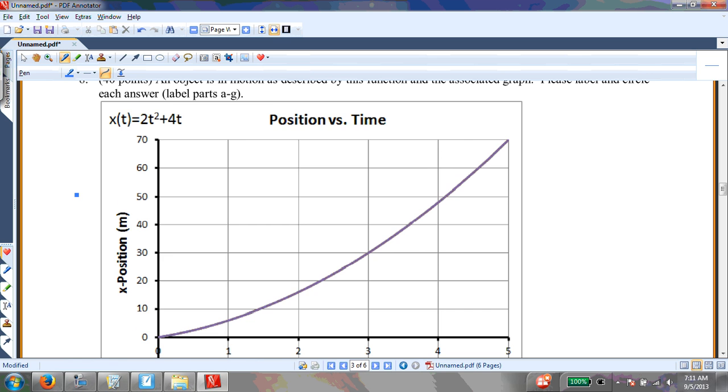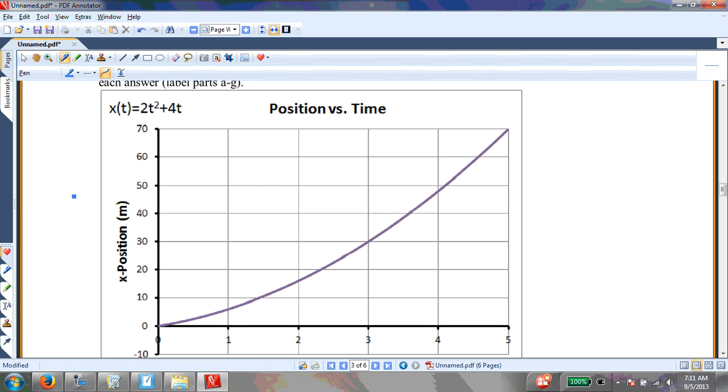Alright, let's consider this plot. The first one, I want to know the average velocity between 1 and 3 seconds. Right. I'll write it up here. Average is delta x over delta t. That's going to be, let's see, 30 minus my initial position. You could just estimate this, though, at 1 second it's going to be 6 meters, but